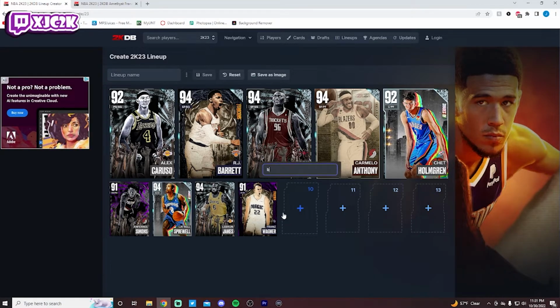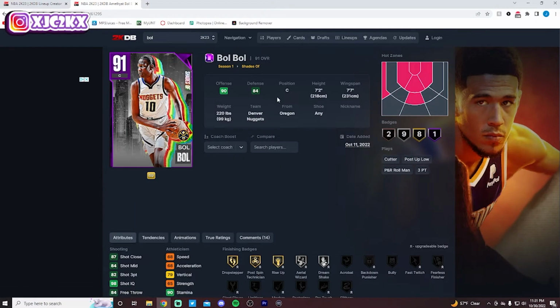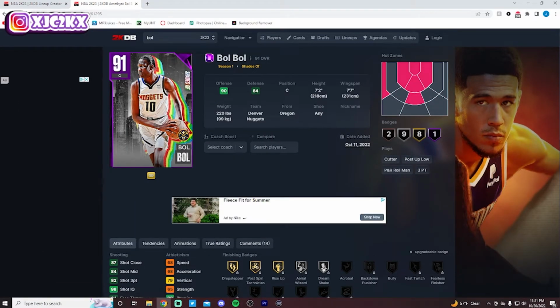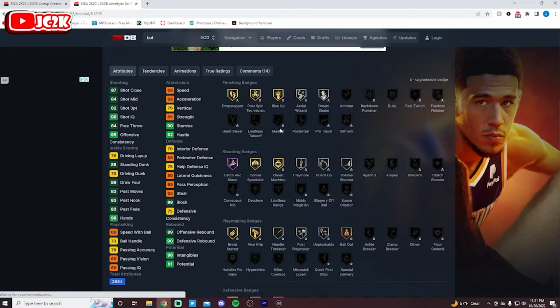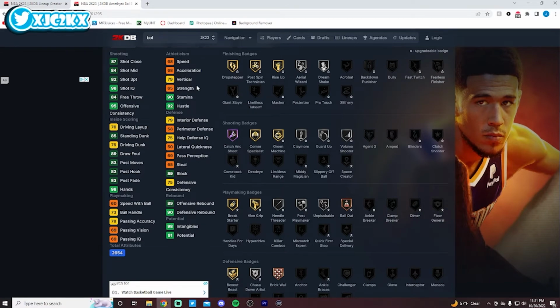And then backup center, we're going with Bol Bol. Bol Bol, statistically, does not look incredible, but this card plays much better than his stats say, just because he's 7'2" with a 7'7" wingspan and an incredibly glitchy player build. He dunks the ball super consistently with an 85 standing dunk, is a knockdown catch and shoot shooter. I know that he is slow, but he doesn't play this slow on the court,